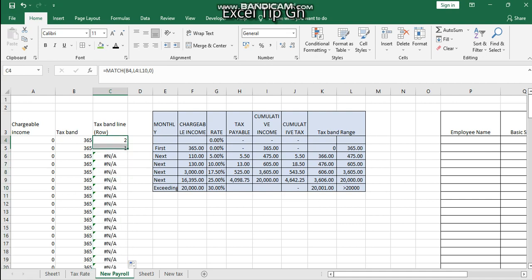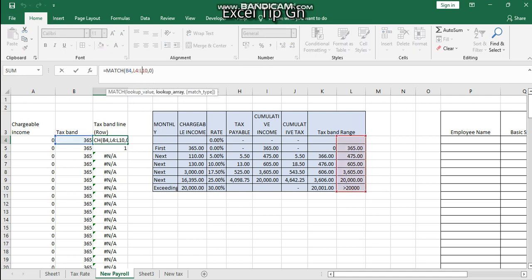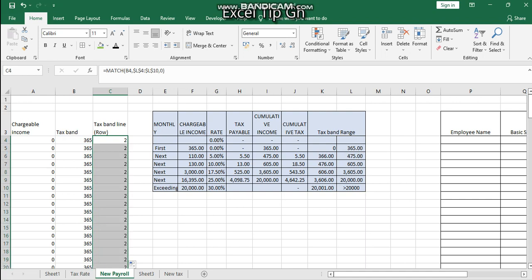In the same way, we are going to lock this side with lock here and here. So we can now drag it down again. Wow, and then it has given us a correct figure. And here is going to be